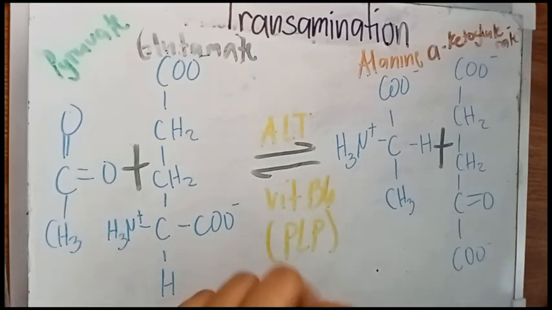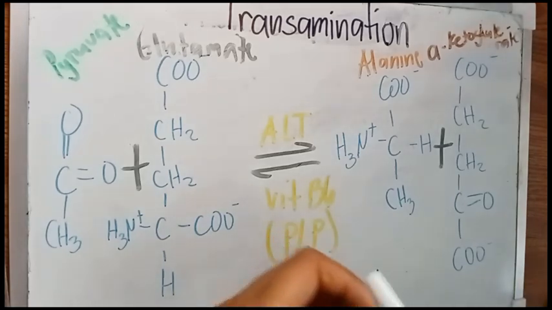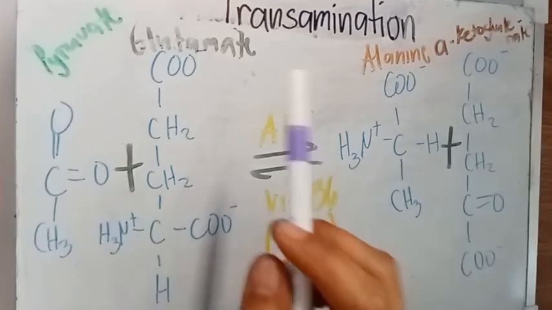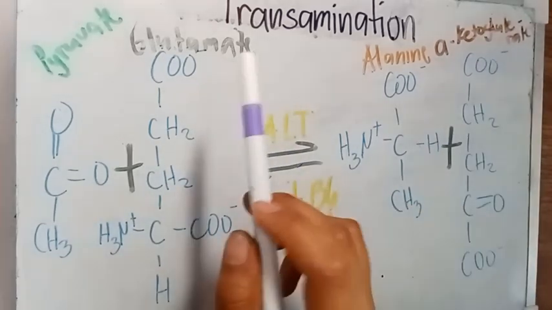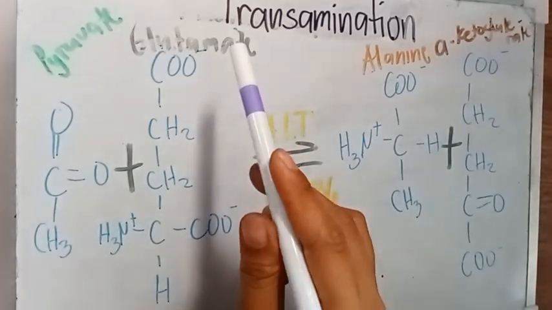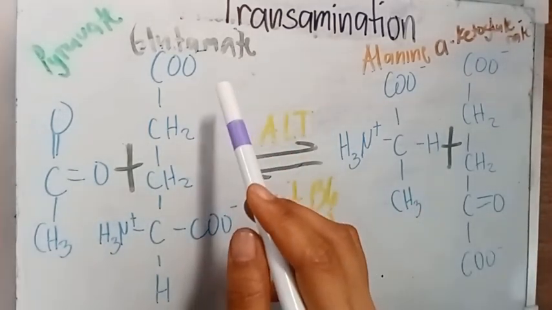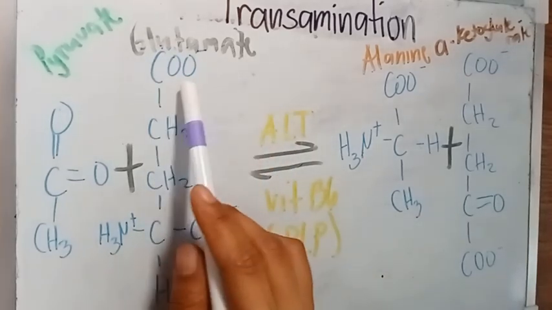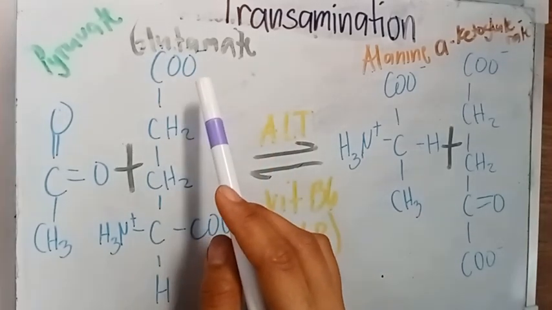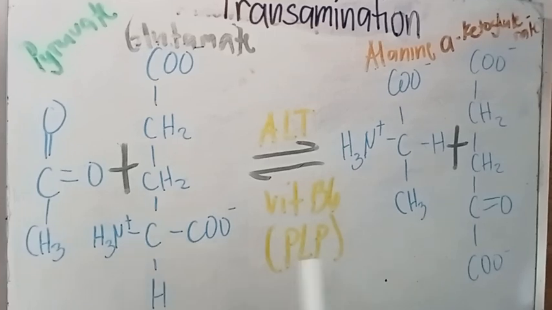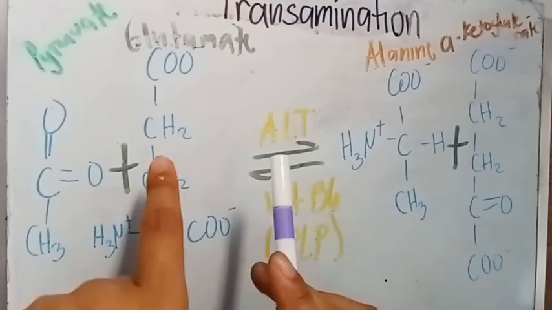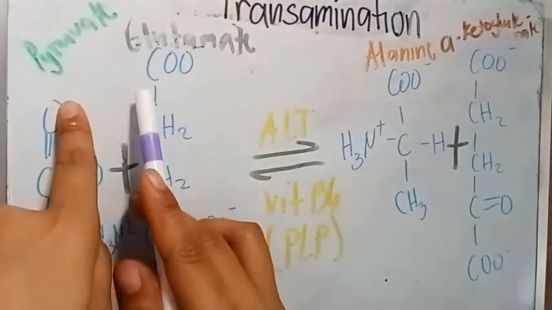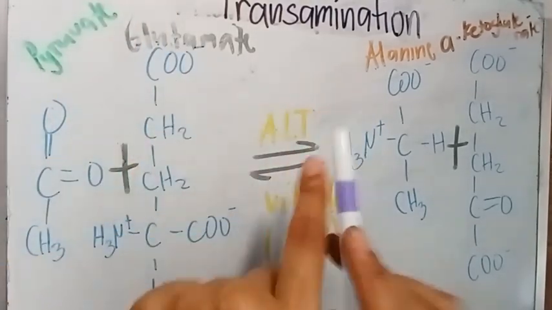Before our body makes alanine, our cells need pyruvate, which is the end product of glycolysis, and also a nitrogen group, so the cells use glutamate that stores an amino group. Now the cells bring these two into the mitochondria, and so the glutamate and the pyruvate enter the active site